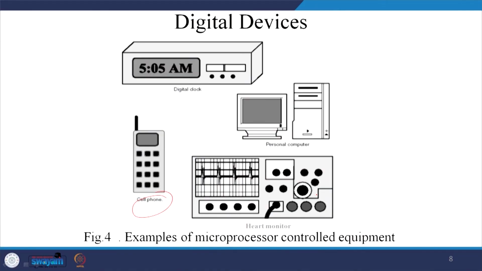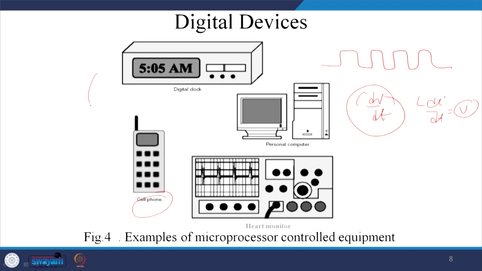Now, digital devices, though they take a small amount of power, are quite nasty elements. They work on clock pulses. The moment you have very high clock pulses, C dV/dt equals I and L di/dt equals V, and with that it interacts and generates EMI/EMC problems. So, this is another issue that has to be localized here.